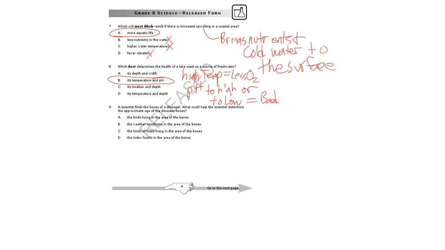A scientist finds the bones of a dinosaur. What could help the scientist determine the approximate age of the dinosaur bones? Okay? It says approximate age. So we don't need to know how many millions of years old it is. We just need to know, is it older than this or younger than this? So we're going to look for an index fossil. So for example,